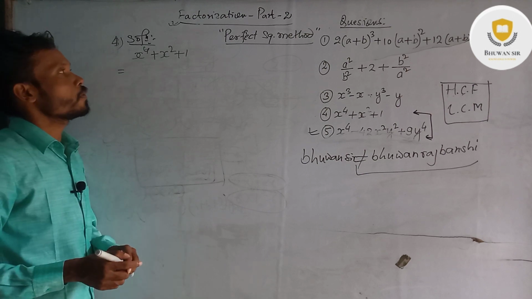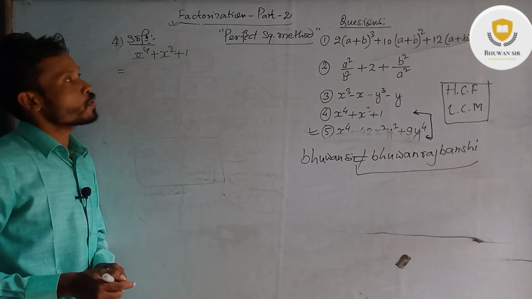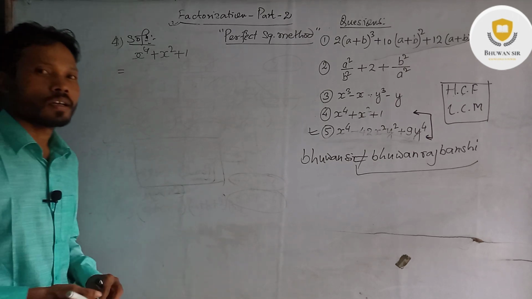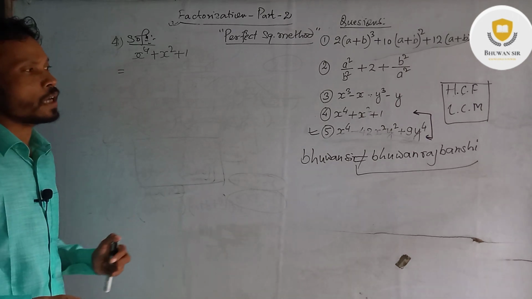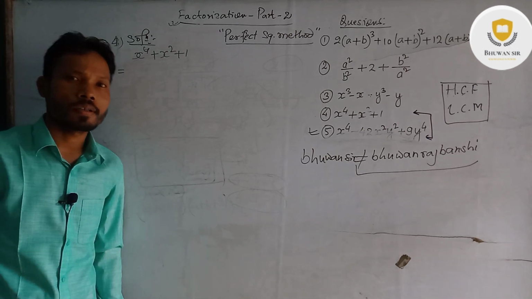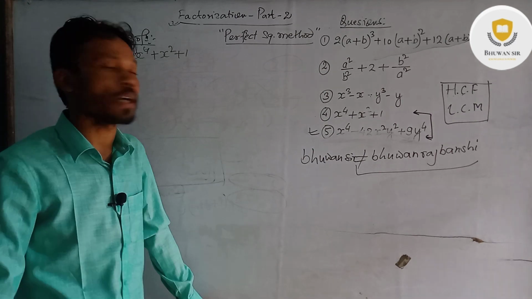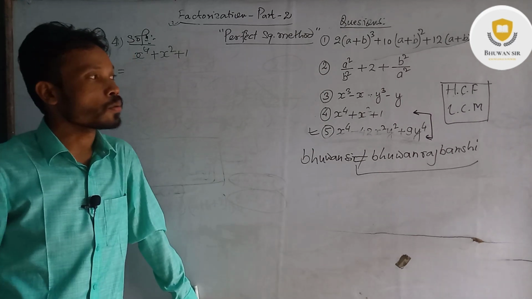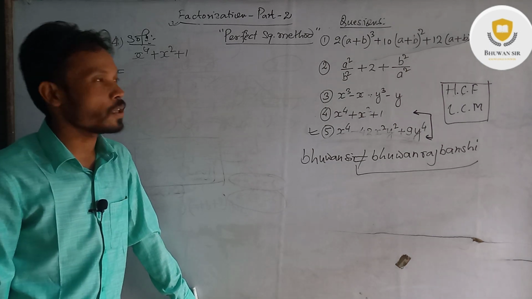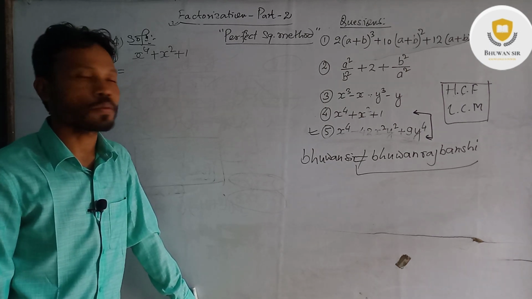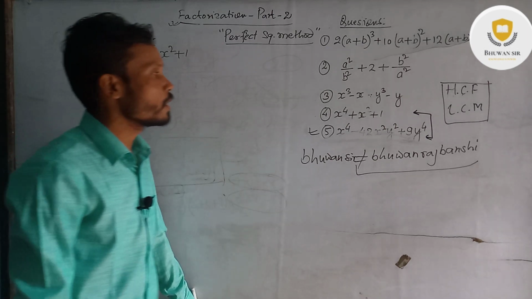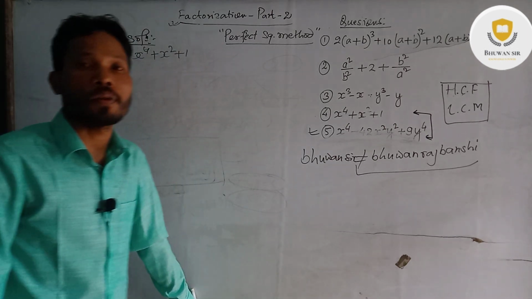Okay, x to the power 4 plus x square plus 1, this question we can solve by using a formula. Teachers can easily recognize that this question can be done using this formula. Yes, that is very easy because the teachers have done those questions many times in the classrooms. So they knew it. There is no doubt. But for the students, how to know that this question goes in a formula?